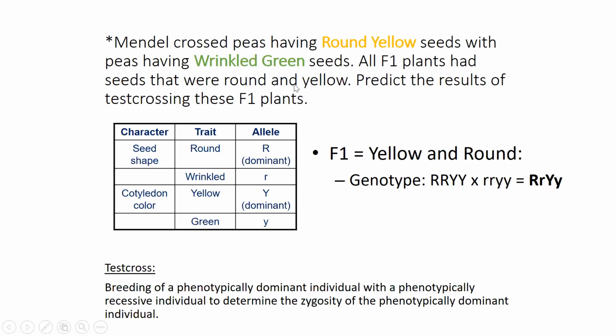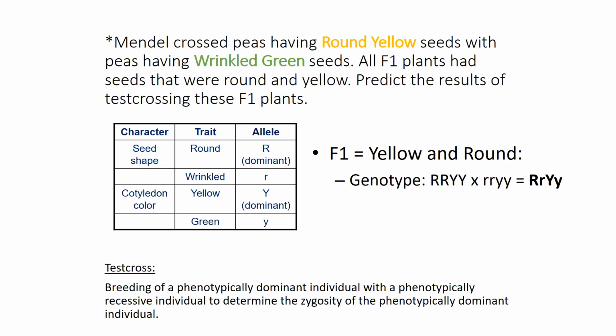So you know that these guys are dominant and these guys are recessive. So you end up with a genotype for this guy, right? So it should be that, but to actually understand how this occurs,